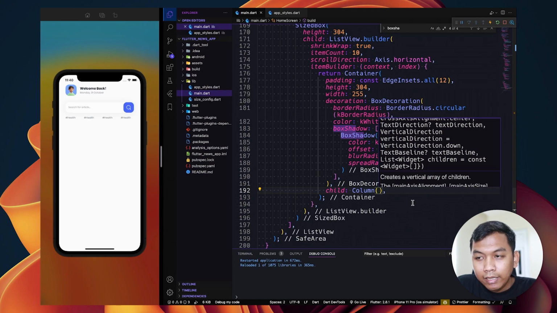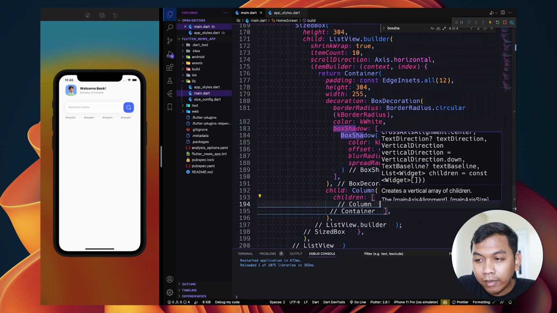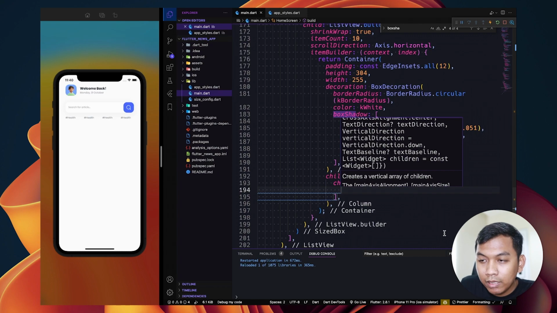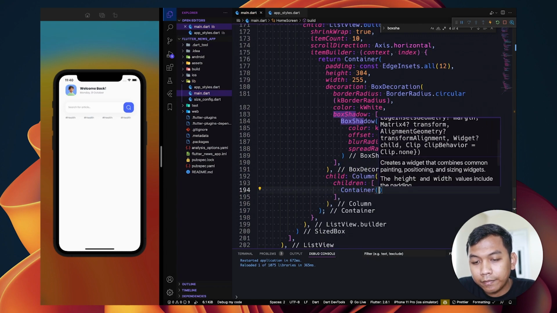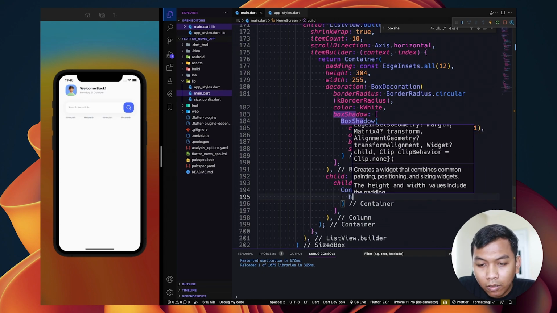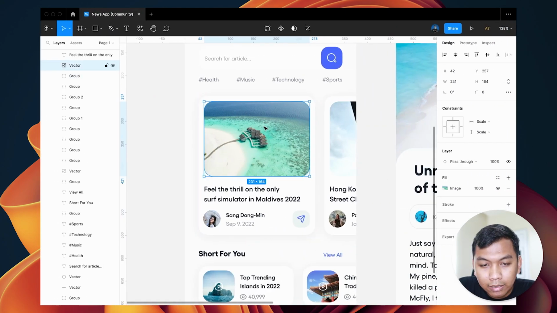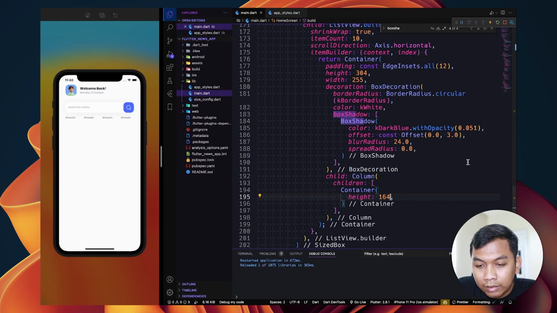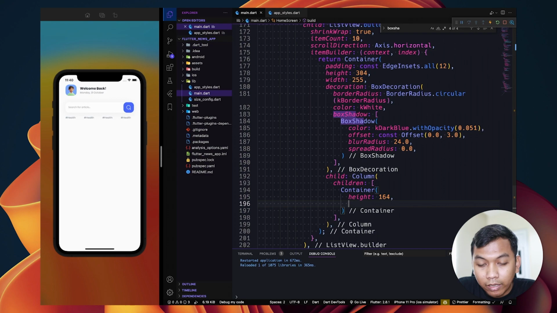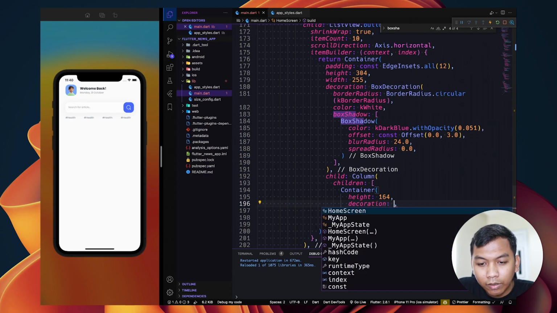What we can set here, children, and the first children will be container again. And inside this container, let's set the height to be 164, and the width will be entire available space.